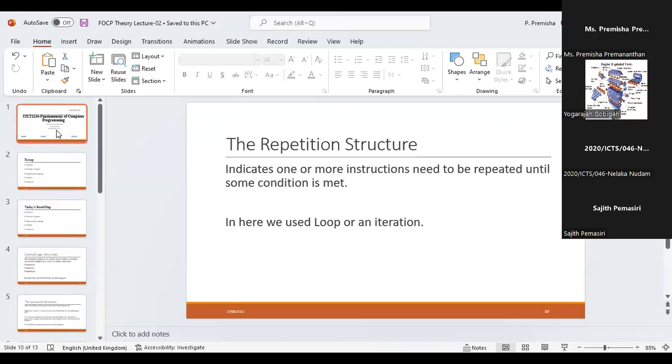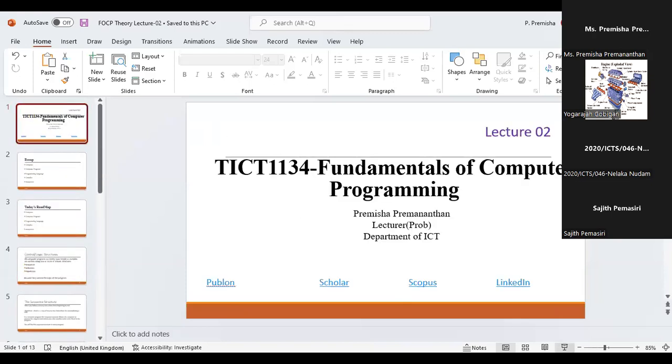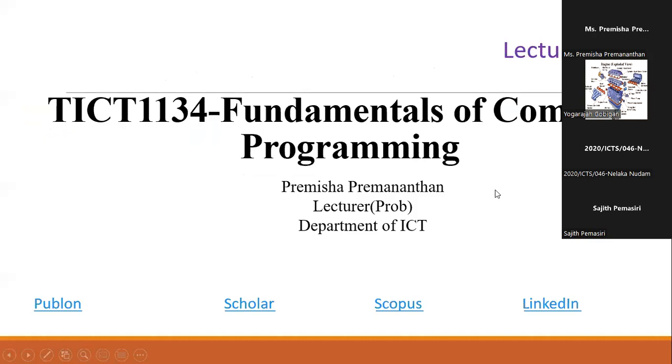In the earlier lecture, we discussed the basics of programming. Programming is nothing but the instructions which we have to give to the computer, because computers are machines; they can't think and they can't act on their own. You have to give the instructions, and according to that only, computers can act. If you give a wrong instruction, then the program runs wrongly. So we have to be careful when writing a program.